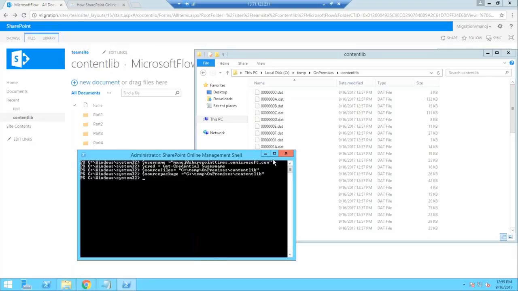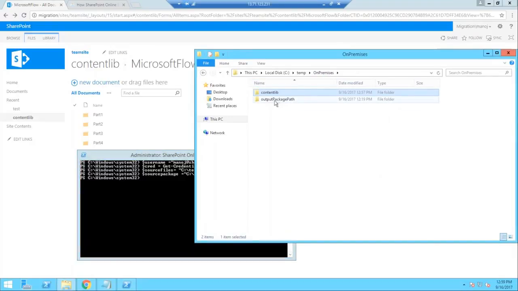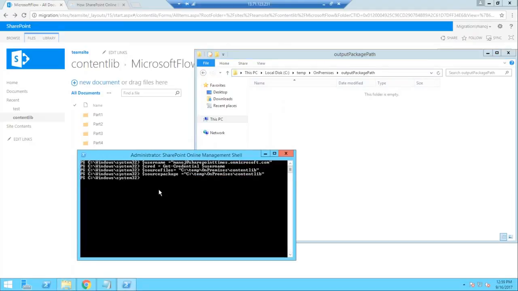If you have a source and package file, the other folder I created is the output package file. My command will just take all the XML files and put them into that folder. So that will be the target package folder for me. I'll create a variable for that, also output package path. So we have the output package path here. Okay, so this is also done.